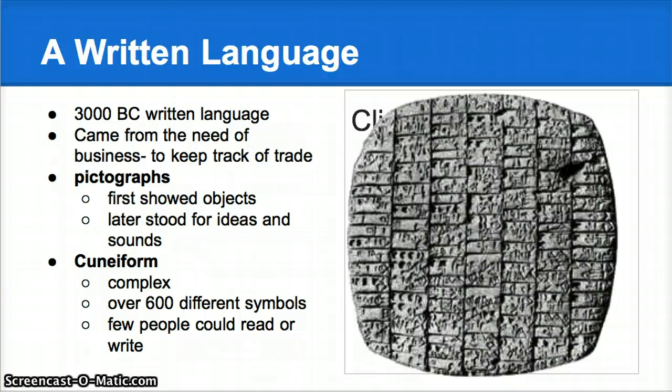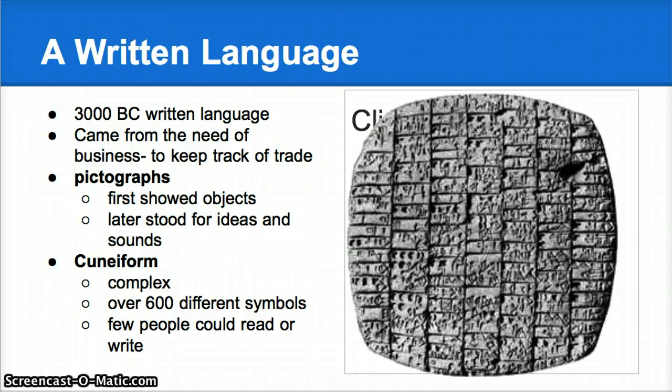A written language. During 3000 BC, the Sumerians developed their own written language. And this was for business records and to label goods. This helped them keep track of trade. First, they used clay tokens with images of products such as a cow. They sealed tokens in containers marked with the symbol of the product. These symbols were pictographs, and pictographs is like picture writing.